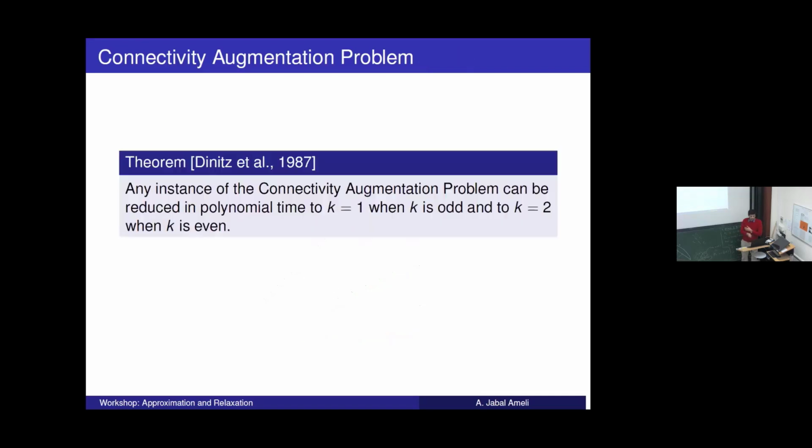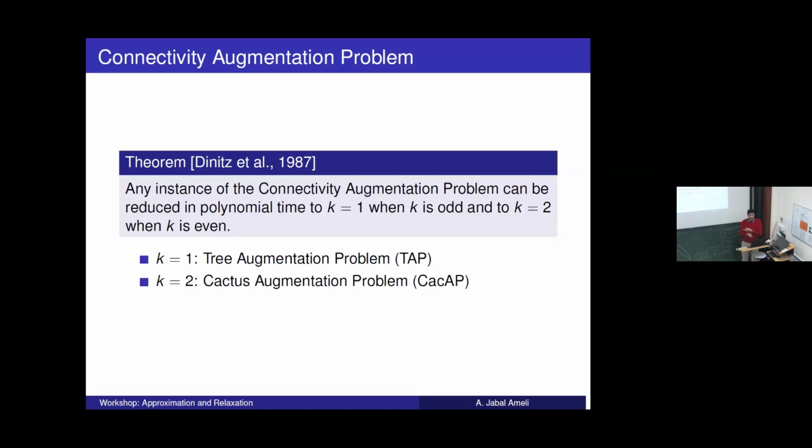the graph 2-edge connected. And an important theorem which simplifies things a lot is one by Dinitz et al. in 1987. It basically says that any instance of the connectivity augmentation problem can be reduced to the case when k is equal to 1 when k is odd, and the case of k equal to 2 when k is even. So this means that basically we can restrict our attention to the case where k is equal to 1,